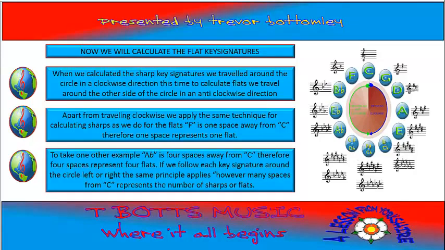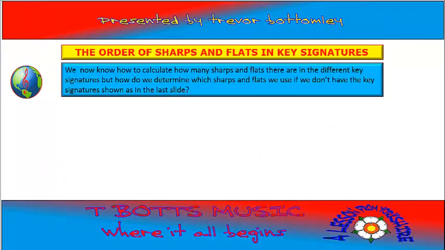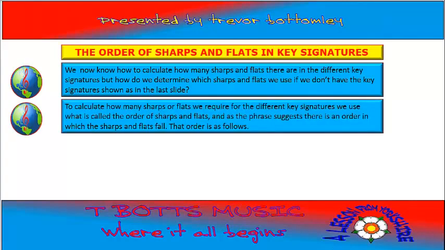If we follow each key signature around the circle, left or right, the same principle applies. However many spaces from C represents the number of sharps or flats. Now we come to the order of sharps and flats in key signatures. We know how to calculate how many sharps and flats there are in the different key signatures, but how do we determine which sharps and flats we use if we don't have the key signatures shown, as in the last slide? To calculate which sharps or flats we require for the different key signatures, we use what is called